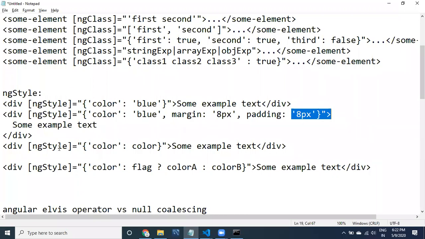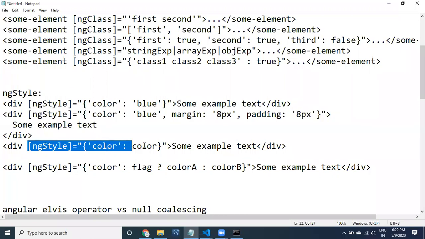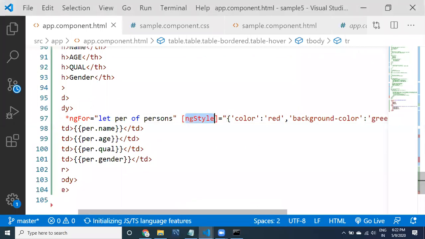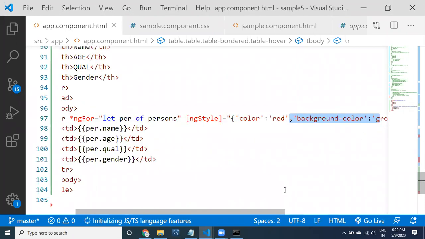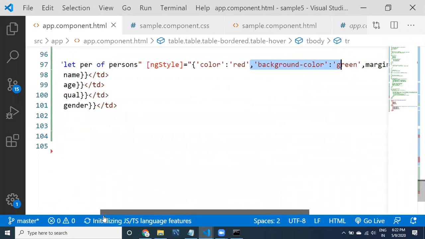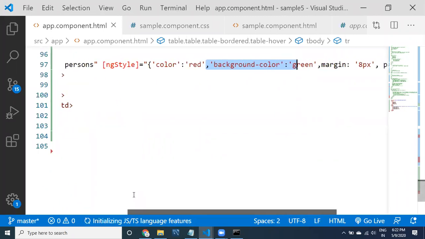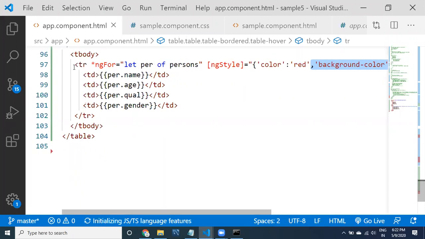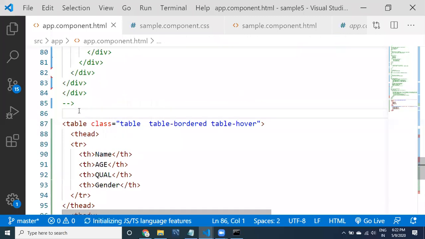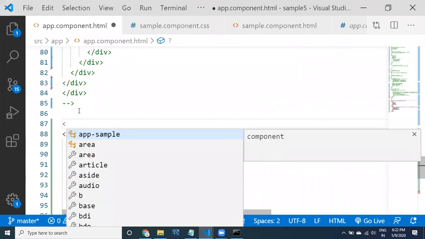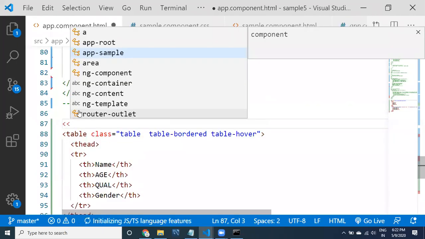So now ng style color equal to, yeah. Here I would like to tell you something. What we are doing is ng style, we are applying color and then we are applying red, right? Just for simple understanding, I would like to remove everything, or let me comment this code just for future reference, for your sake when you are referring to your code.